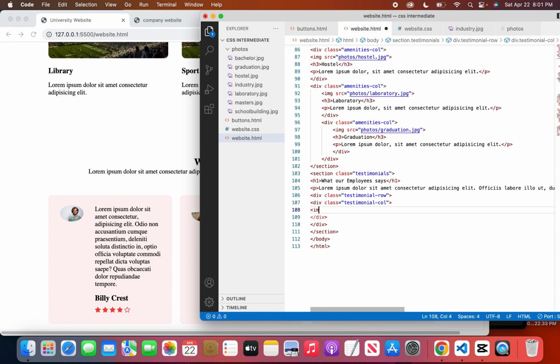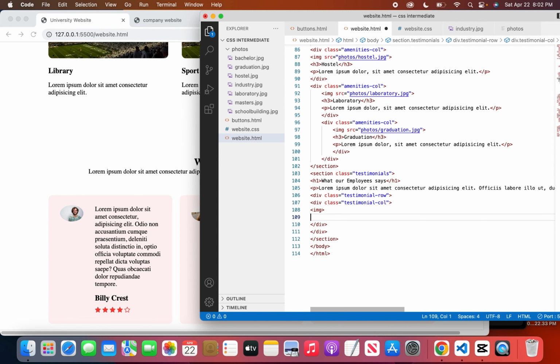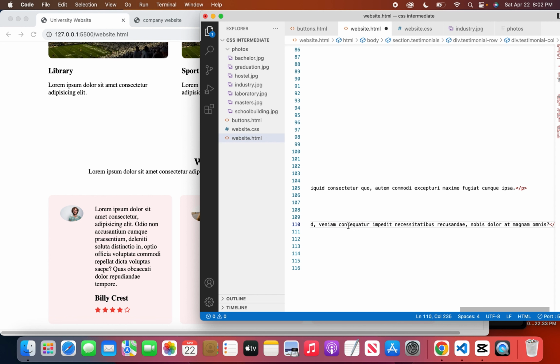Okay, so we don't have images for users, and I'm just going to add the images for the users later on. But before then, I want to work on this to get to know how it's going to be done. So I'm going to do another div here. And in this div, I'm going to add a paragraph, and I'm going to use the lorem,